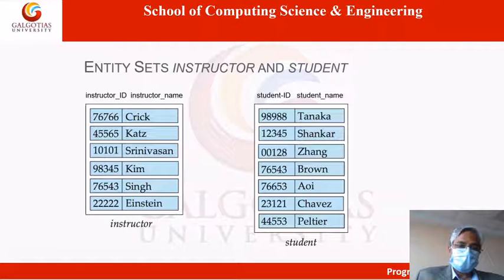Now, entity sets instructor and student. Look here, an example of two entity sets. One entity set is instructor, another entity set is student. So the instructor entity set has two attributes. One attribute is